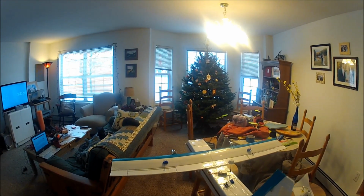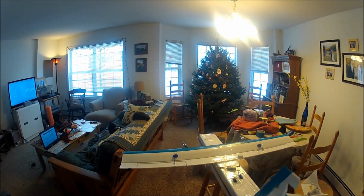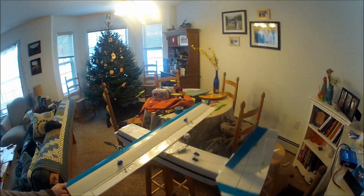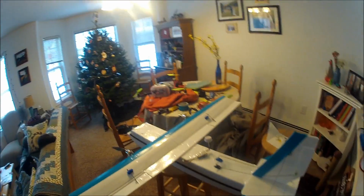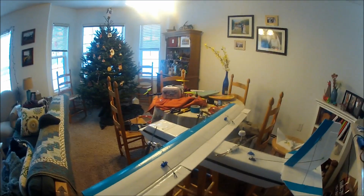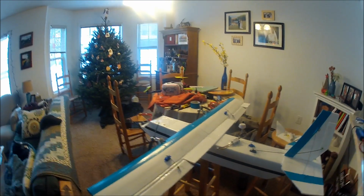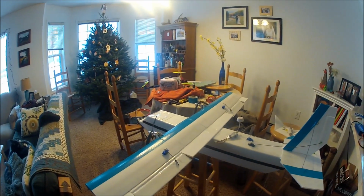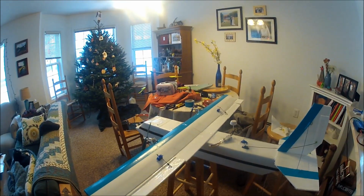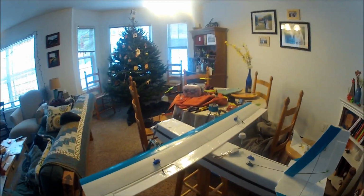So you can actually see the plane moving on this stool, so I put it on the stool because it's slick. But that's how it works out. The plane does have flaperons, so one position, I don't really use position 1, I should increase it, but second position. And that's pretty simple. I set them to move slowly so the plane doesn't all of a sudden leap up in the air